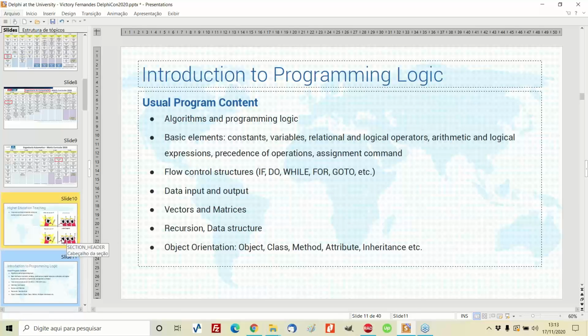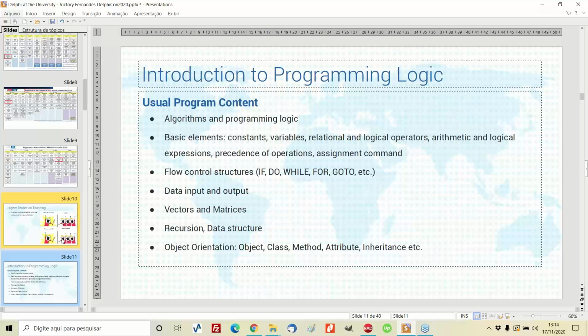When we check the usual program content of these introduction to programming logic disciplines, it always looks the same. First we have to teach algorithms to the students, and we have about 6 months for that. We have to teach them how to program. Many students come with some background from school, and each day it is more common for students to arrive with some programming logic background, but not always.